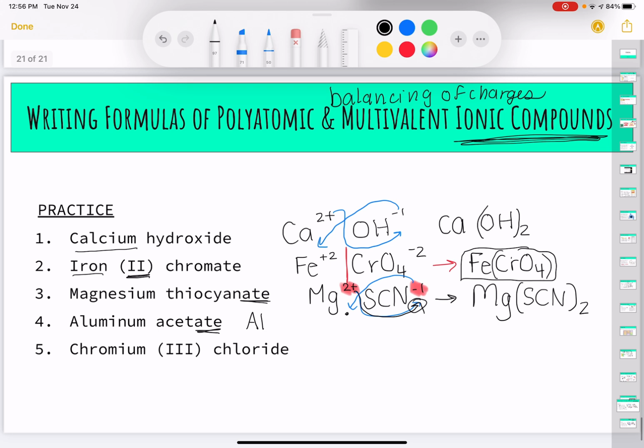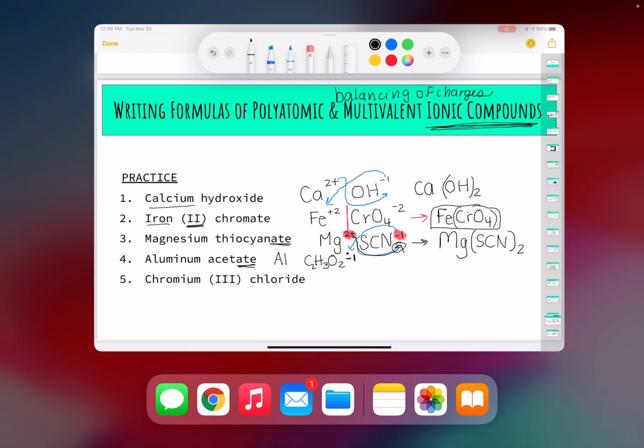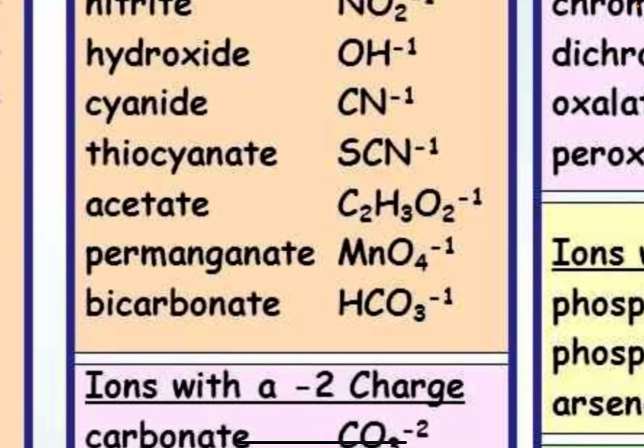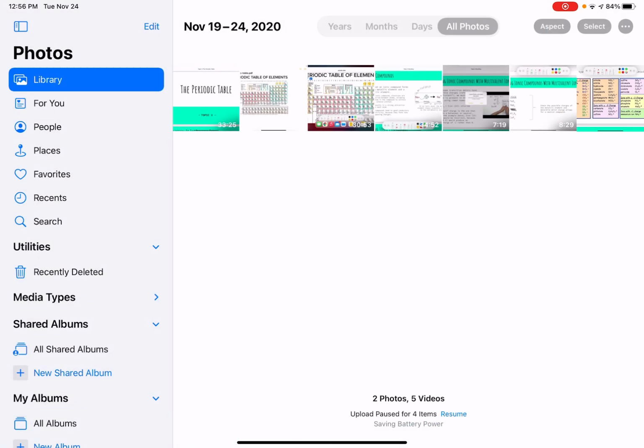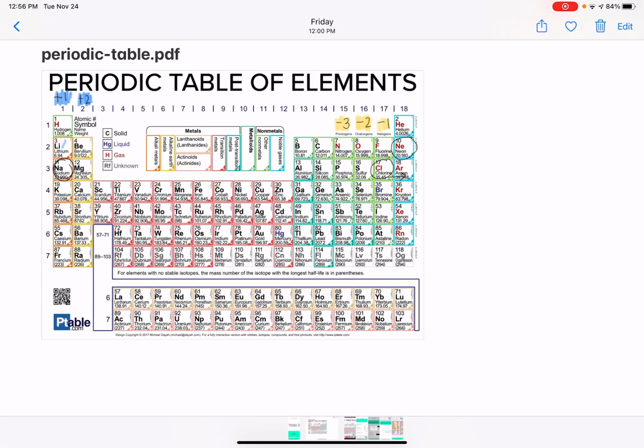C2H3O2. And it says it has a -1 charge. I never looked up what the charge of Al is, but I will right now. I don't have it on this sheet. So let's go to the periodic table. On your periodic table,